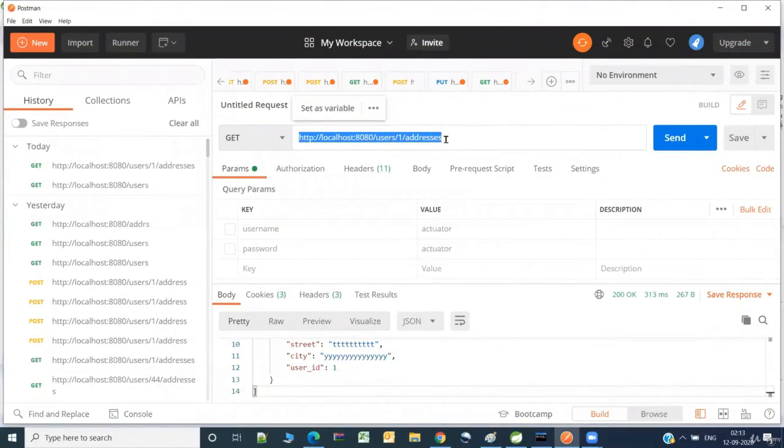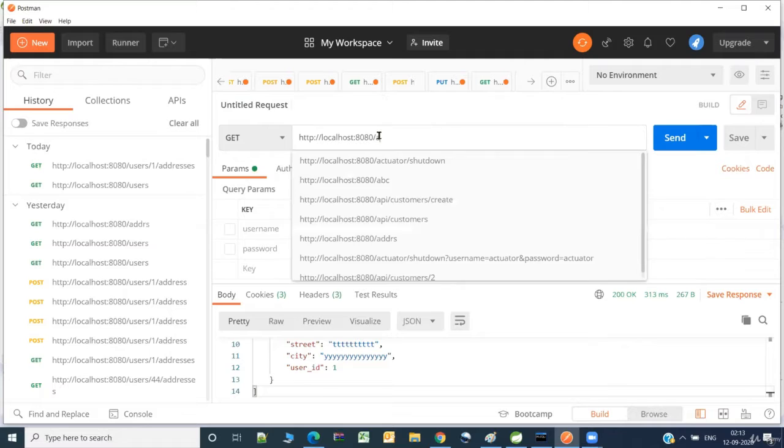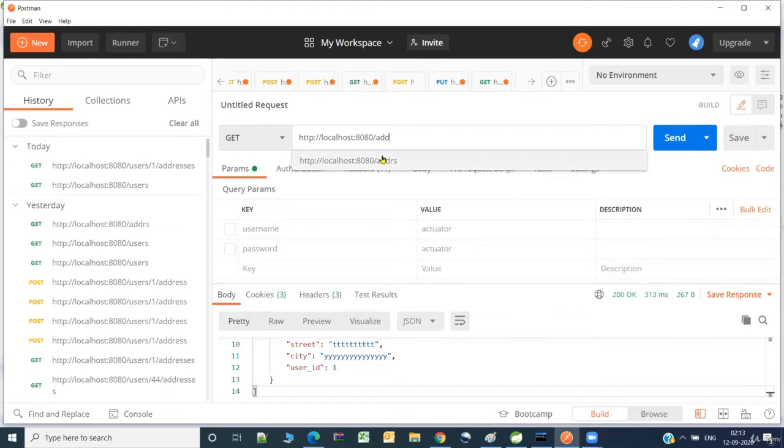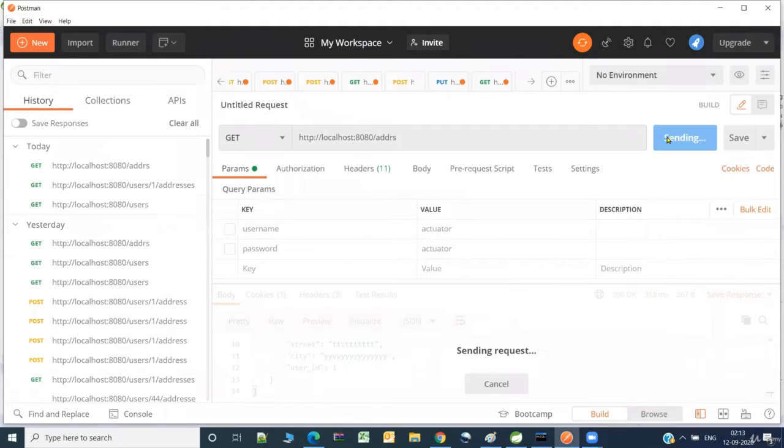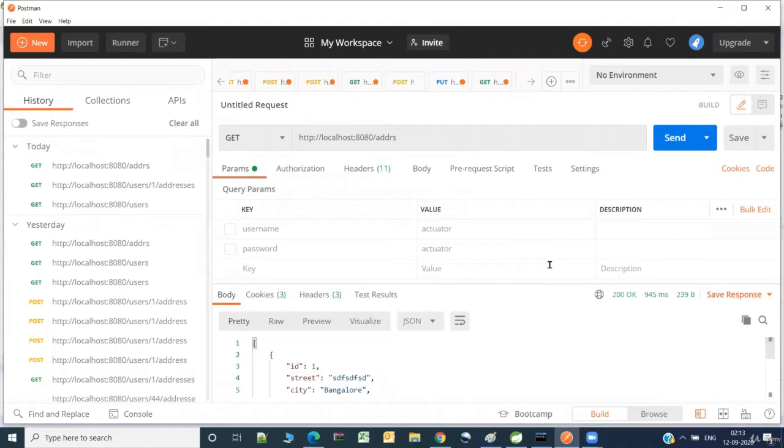The port number is the same. Fine, so we got all the addresses, and if you see here, I'm getting the underlying users.